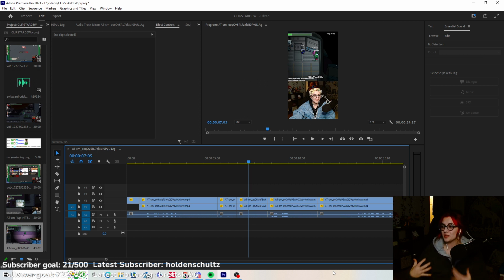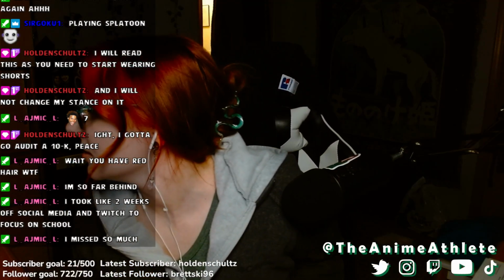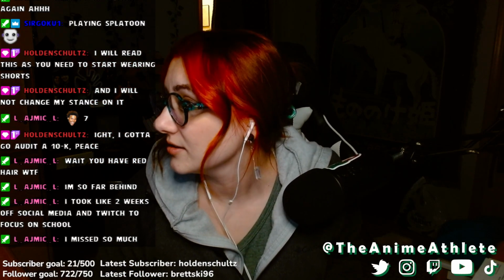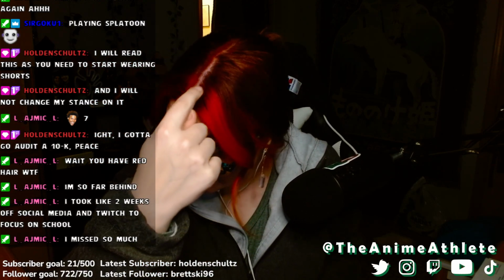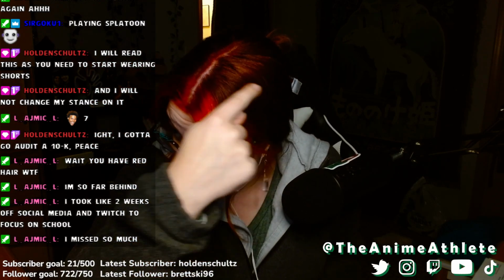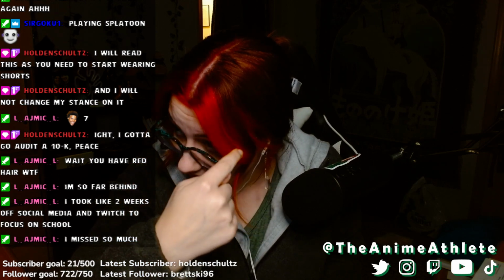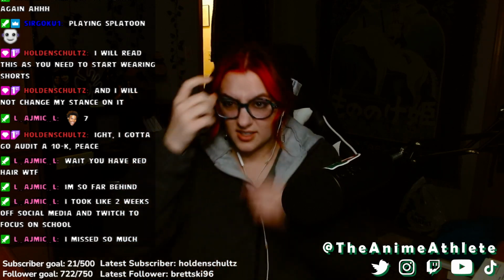It looks really red because of the lighting right now, because it's shining just on the really bright pieces. I do have 2-toned hair. This is bright red. You can see it's bright red right here. And the rest is darker.